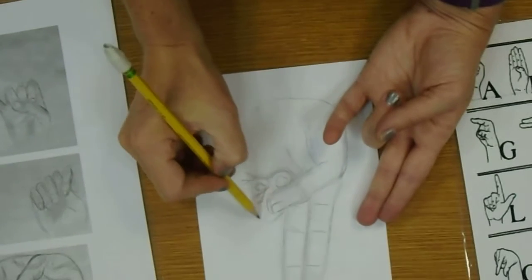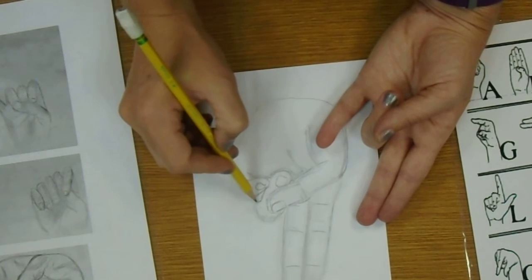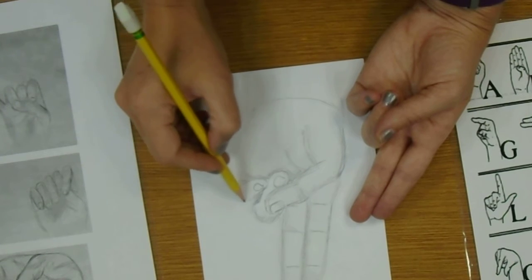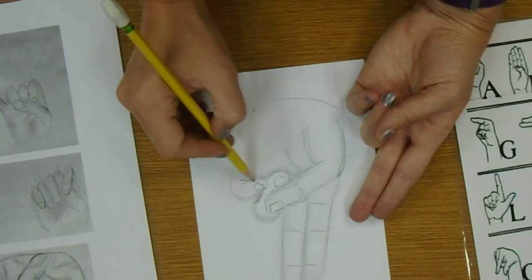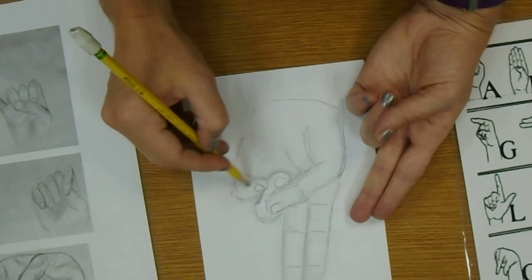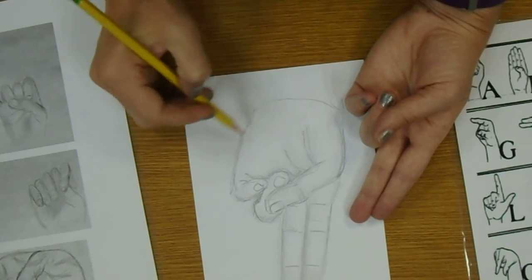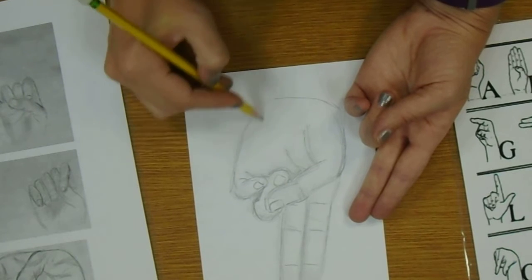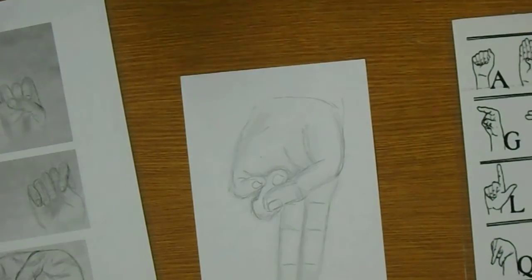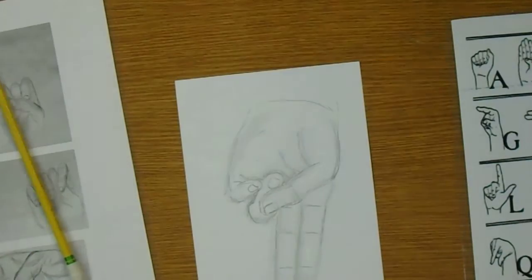I'm going to do a little bit of shading on the back of these fingers, and in between my ring finger and my pinky finger, I'm going to get some value in there. So when you have all your letters shaded and you're all done adding a little bit of value to the surface, then the last thing that you need to do is go back and check, did you finish